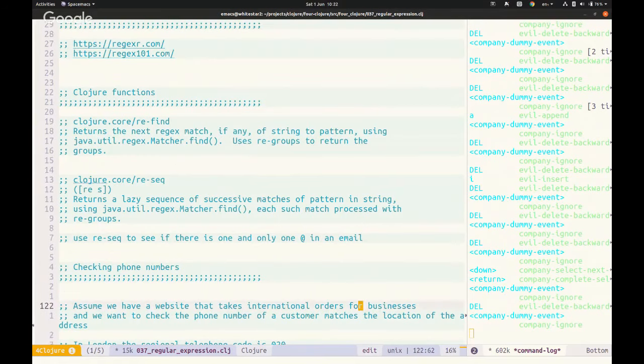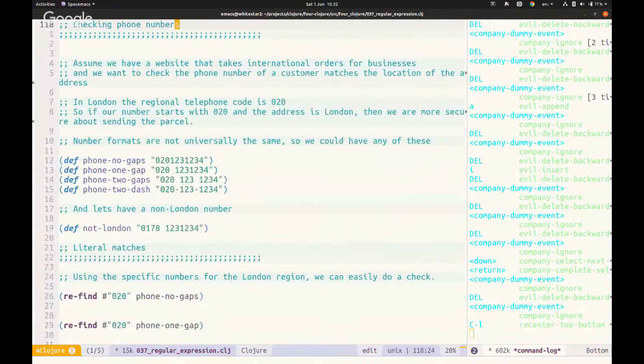Okay, so I've got a few examples I'm going to cover here. Checking phone numbers, for example. So here we've got some phone numbers, and we want to check to see if the